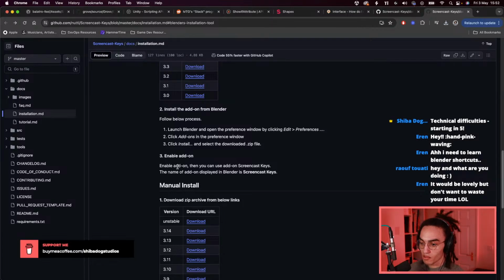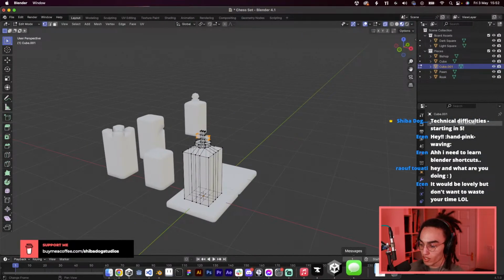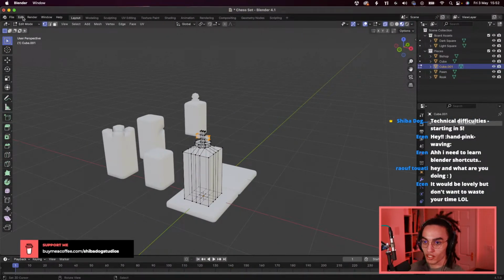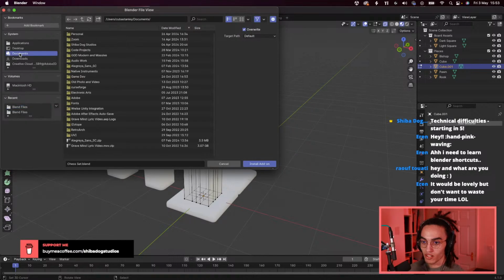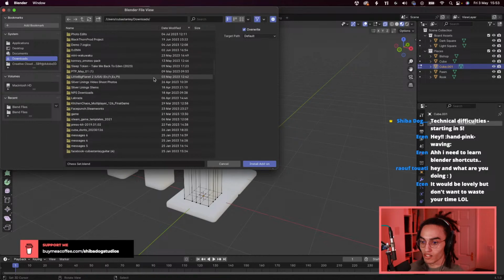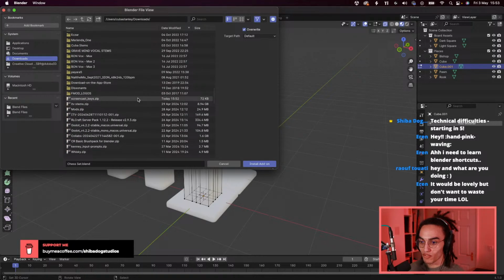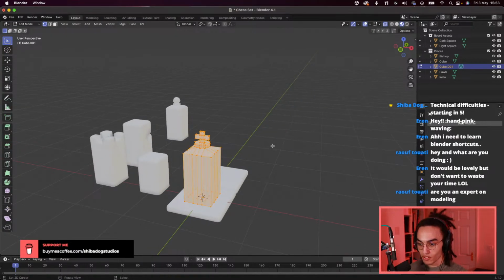Install, select the zip. Enable add-on. Great. I think our download is done. So we're going to go Edit, Preferences, Add-ons, Install, Downloads, Date Modified. And we're going to go down past all the folders, Screencast Keys, Install Add-on, Enable. Amazing. So now,